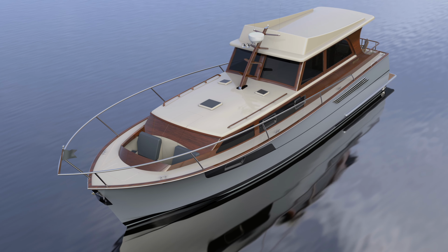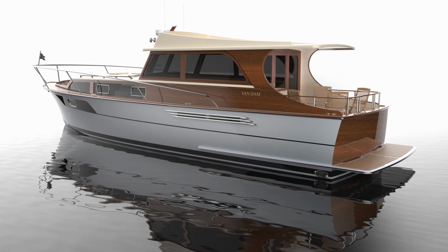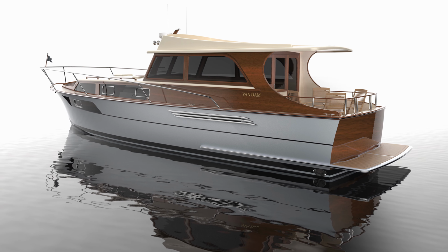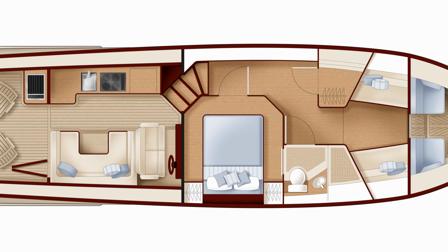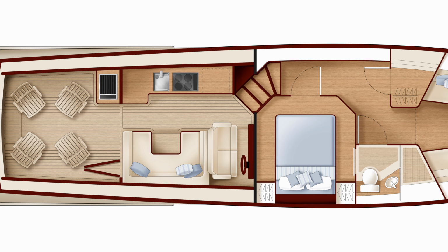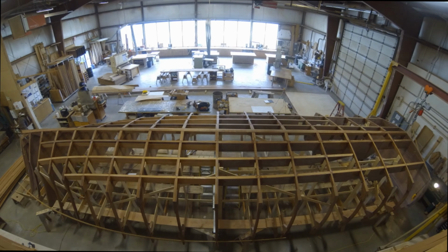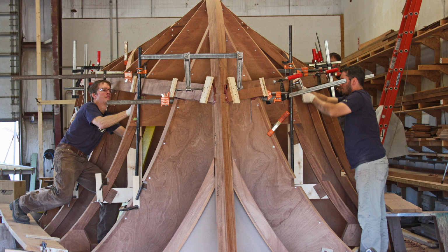Several years ago, the team at Vandam began creating a beautiful 50-foot wood composite day boat for an owner in Florida. The original design drew inspiration from the Chris Craft Constellation, as well as vintage Trumpies and Hatteras motor yachts. In 2018, this project that is 60% complete was put on hold by the owner,